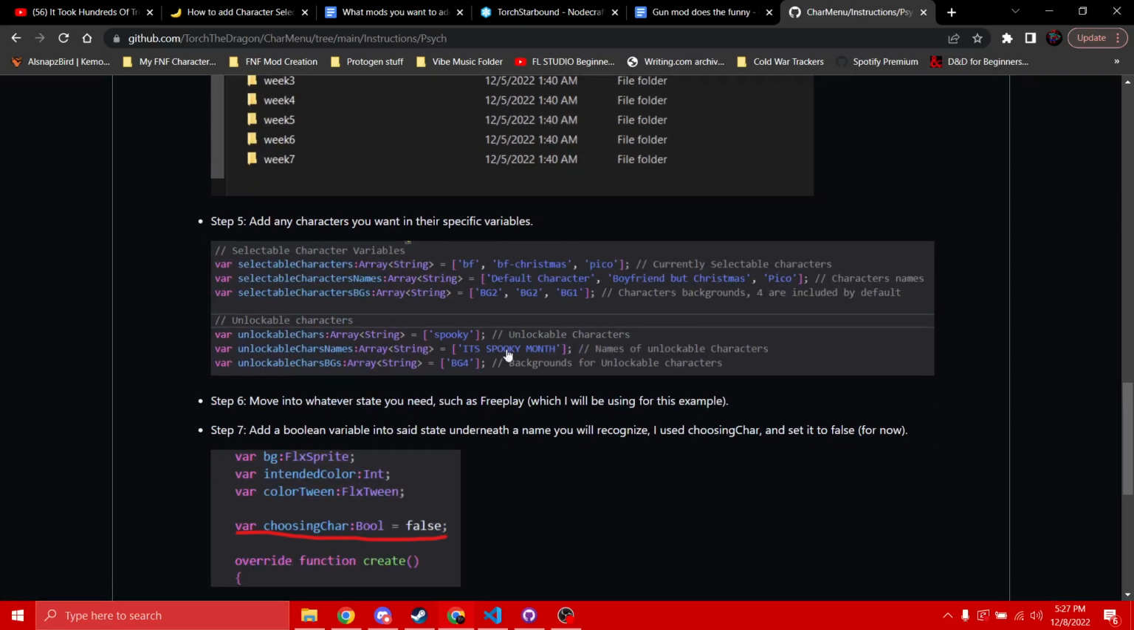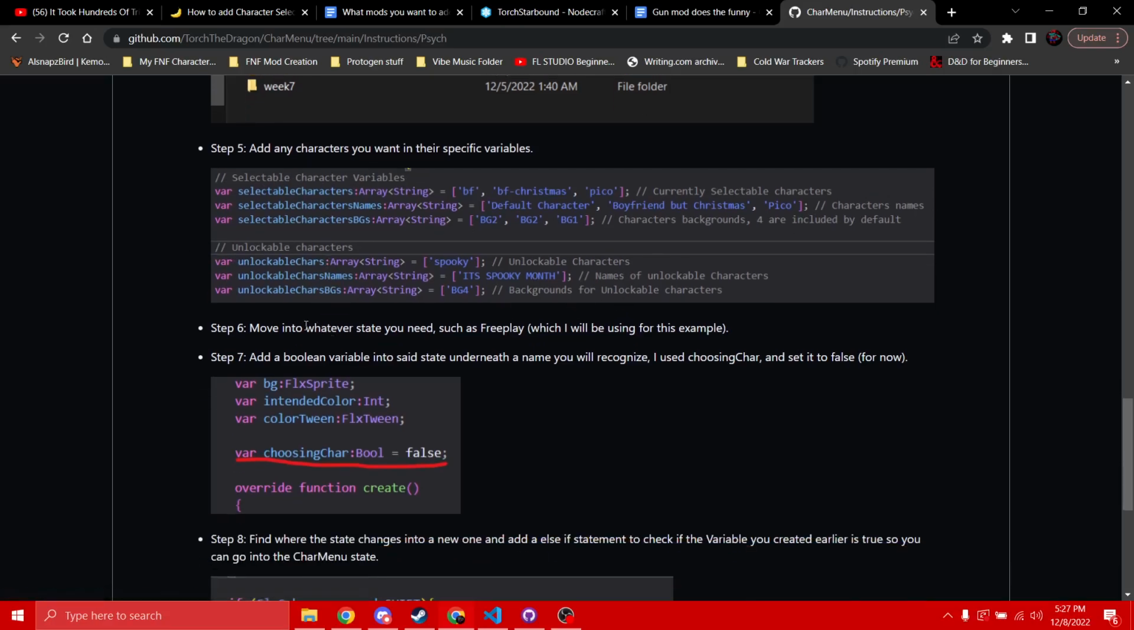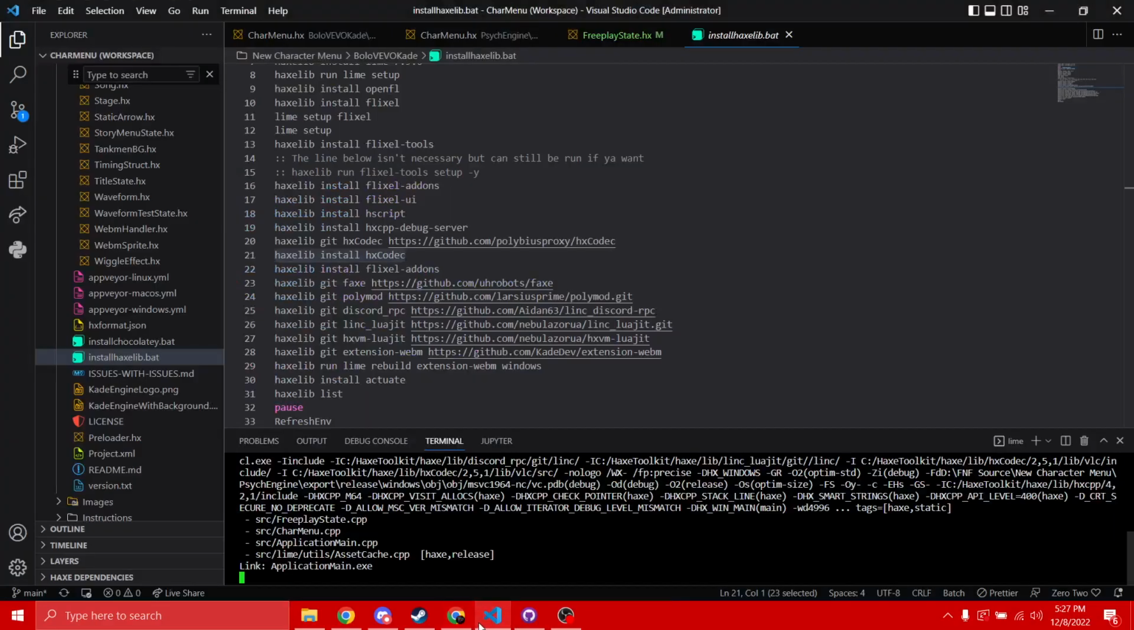You want to put whatever characters you want to their specific variables, which I think is very self-explanatory here, which ones are already there and which ones are unlockable. Move whatever state, which I did with the free play. Oh, it's loading up. Good. Add